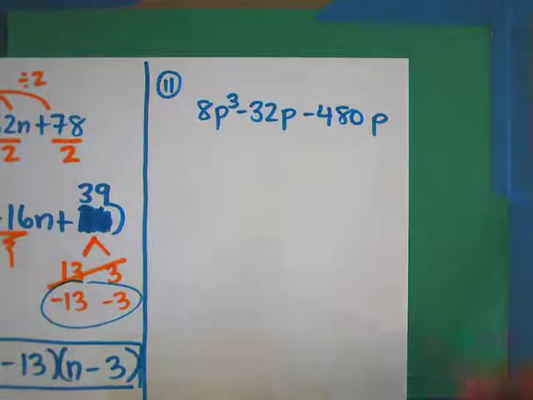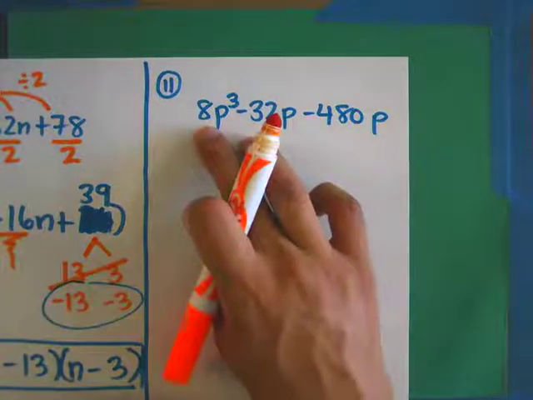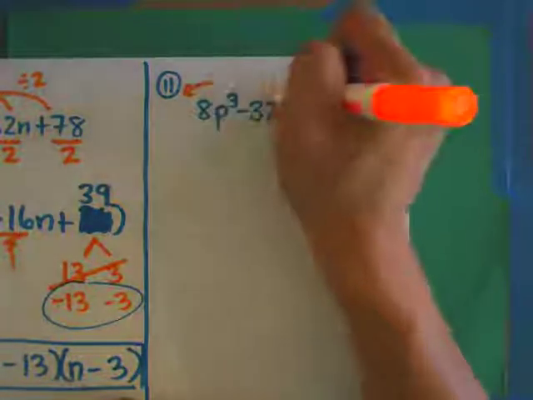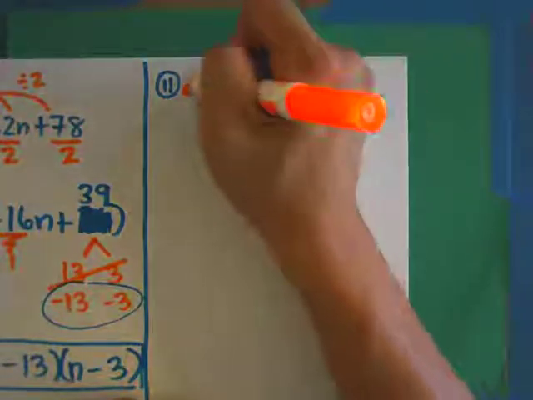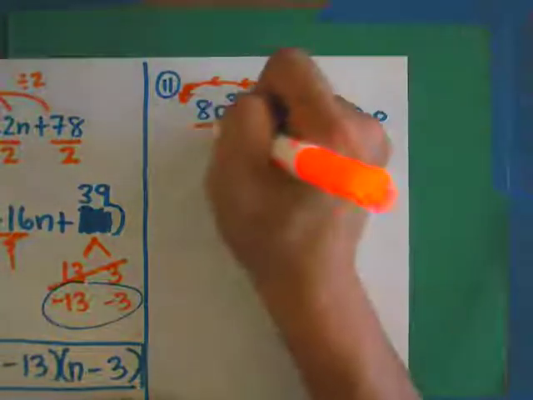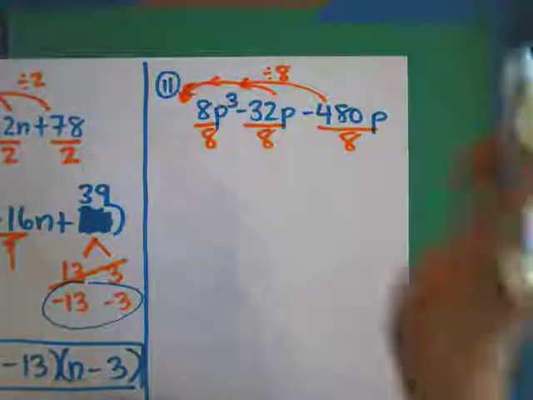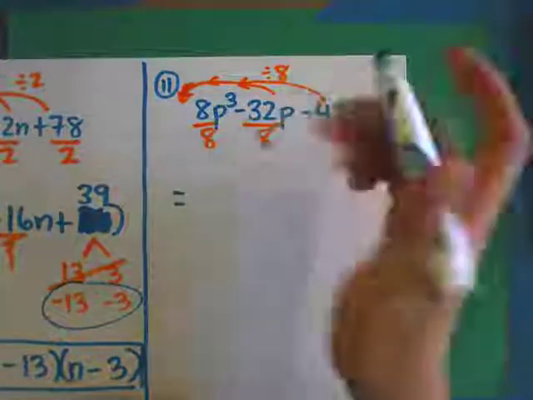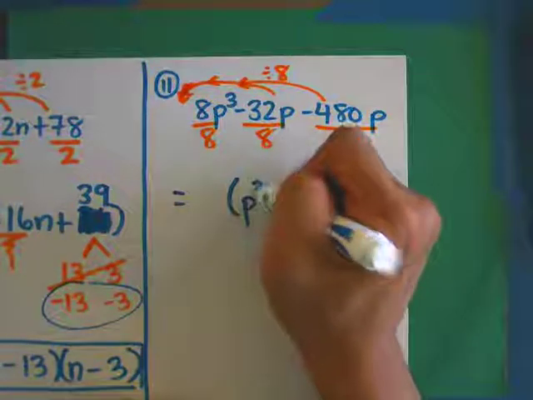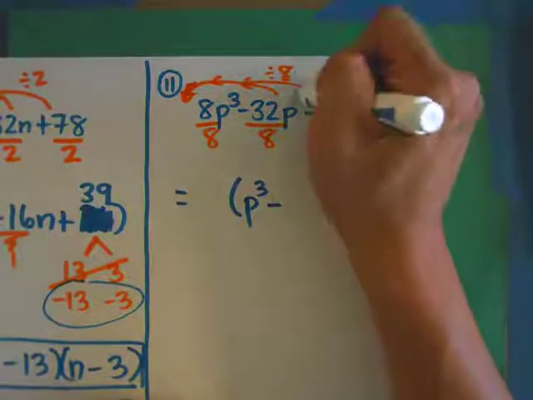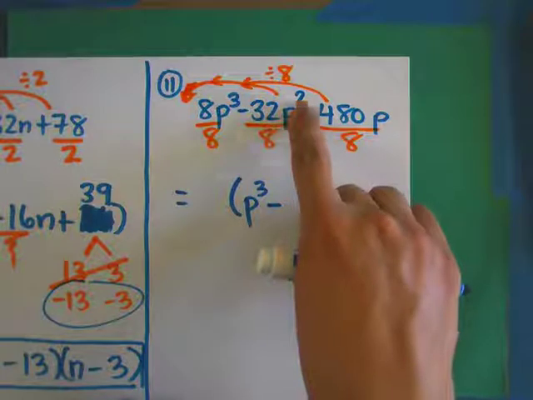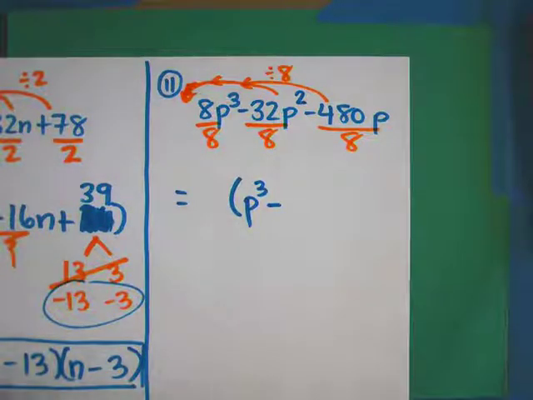Okay, last one for part 2 of phase 2, and then you guys can move on to phase 3. I see an 8 over here. Let's see if we can factor out an 8 first. Okay, well, 8 divided by 8 is 1, so we're just left with p cubed. I keep forgetting the square over here. That should be a square. And I think I corrected that on the first parts of the video. Yeah, I did. Okay, so that should be a square. All right, anyway,